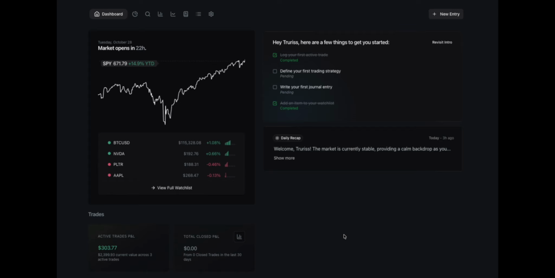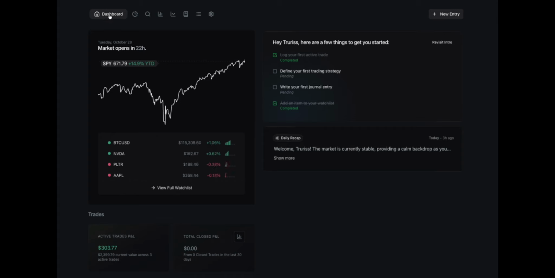It's called TradeReveal, and it's something you can use to manage both your active trading and also your portfolio as a whole. And so in this video, we're going to go over the basics of how you can add trades, what sort of features are available and how to use them, and just give you a quick walkthrough of the entire platform. So right now we're located on the dashboard, which is the first thing you see when you open